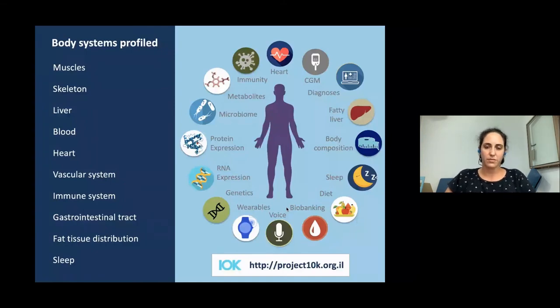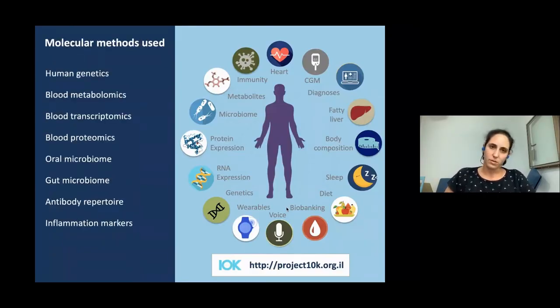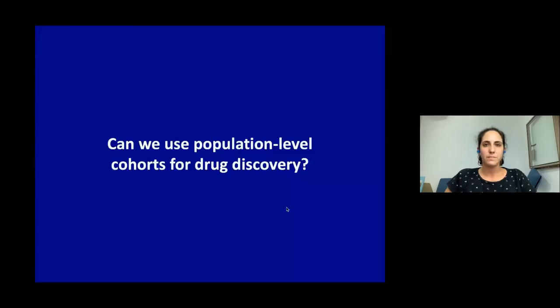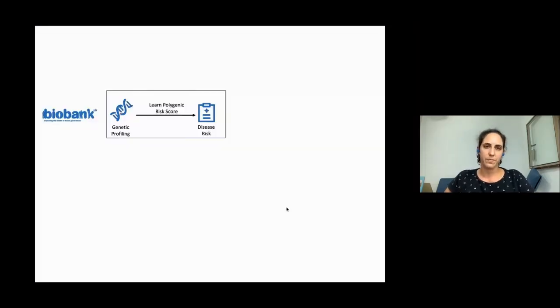Using all of these different tests, we can profile a lot of body systems. For example, muscles, skeleton, liver, blood, heart, and so on. We've also used a bunch of methods, which I've already mentioned. And the question is, can we use population-level cohorts and this specific cohort for drug discovery? So as Jeremy previously mentioned, other biobanks, such as the UK Biobank, have already performed genetic profiling. And from them, they've learned